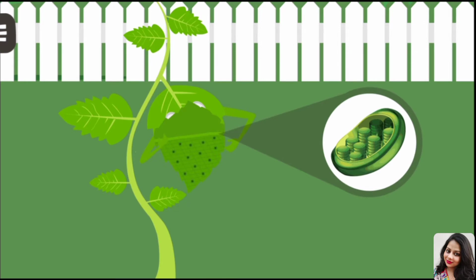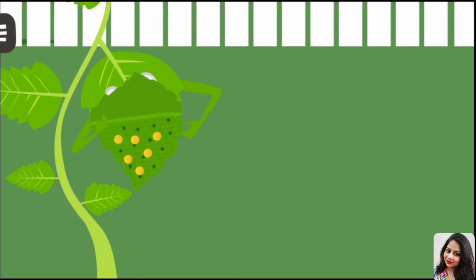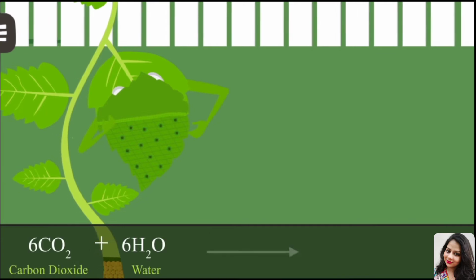These chlorophyll-containing cells of plants prepare carbohydrates with the help of carbon dioxide and water in the presence of sunlight. In this process, oxygen is produced. The food is prepared in the form of glucose, which provides nutrition to the plant and help in its growth. The unutilized food is stored in the form of starch, which may be utilized later. So, photosynthesis is the process in which plants prepare their own food with the help of carbon dioxide, water, chlorophyll